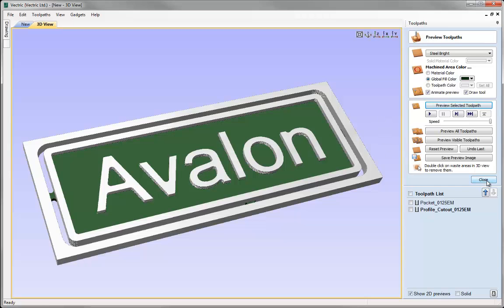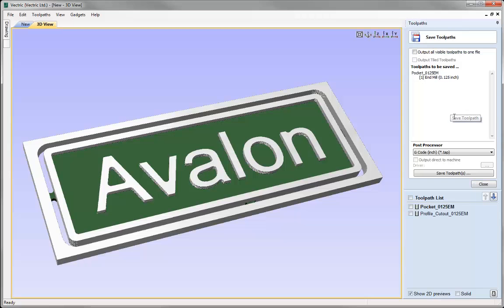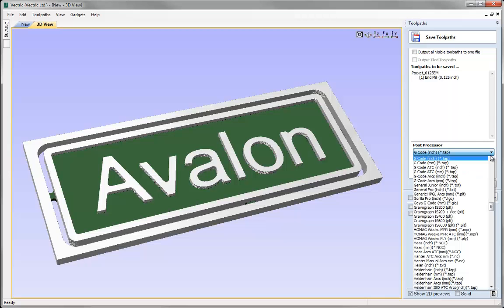Here I like the way this looks, so I'm going to close the preview, and now I want to select the toolpaths in order to save them out into a format our CNC will understand. So I can choose the first toolpath in the list here, click on the icon to save the toolpath. If I make sure both boxes are unchecked at the top here, then it will just save one toolpath at a time. I come down and choose the appropriate post-processor, and this is the file that's going to dictate the